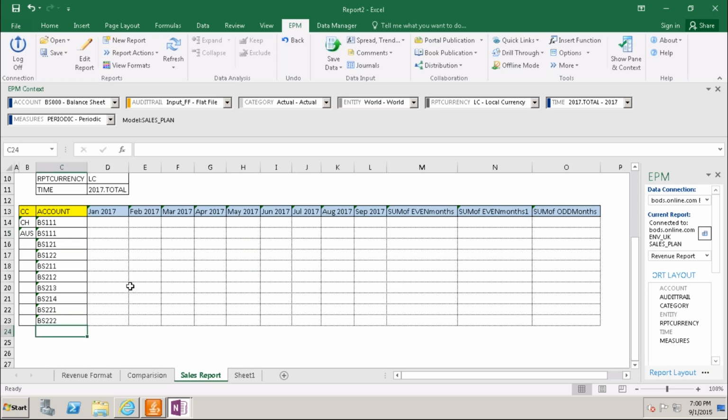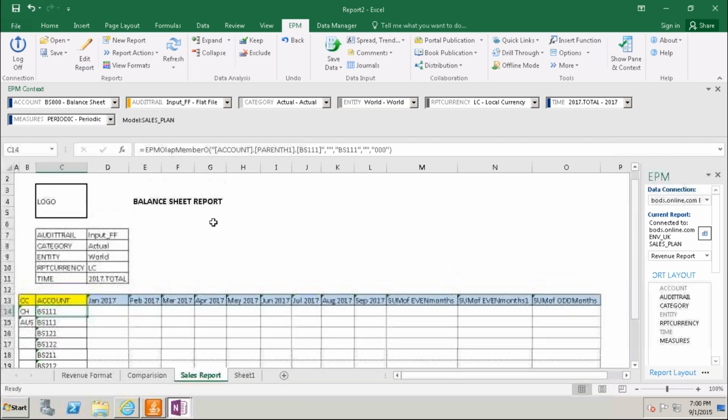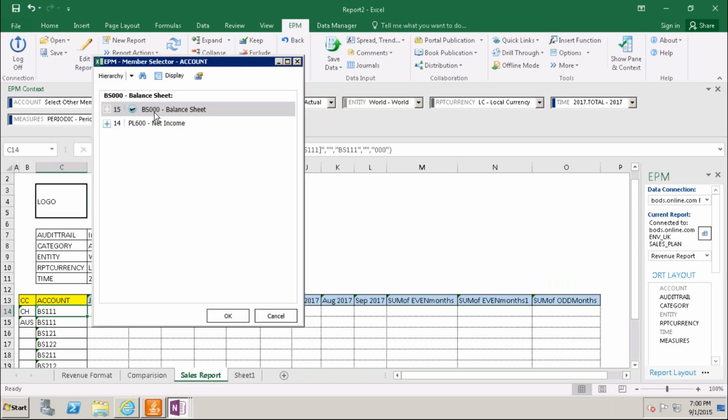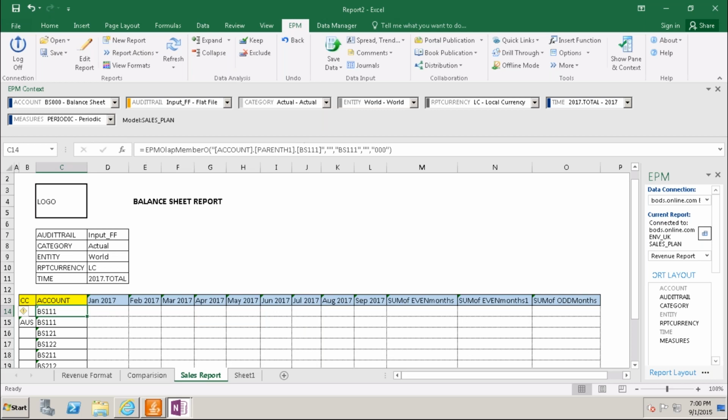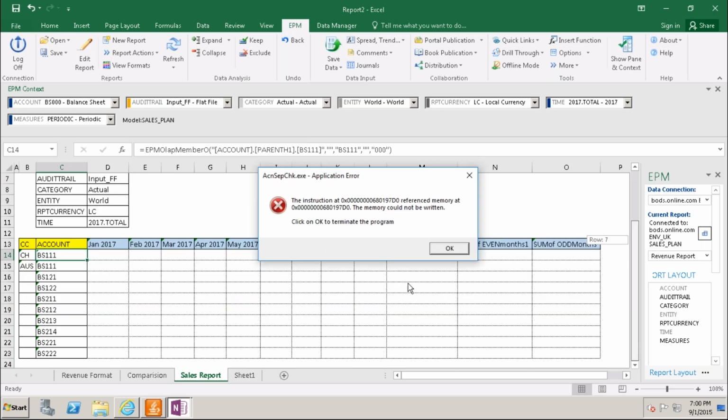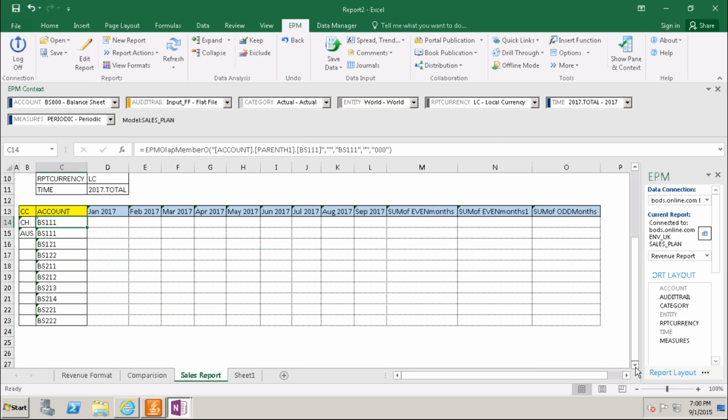So here, in this account, sorry, these are already bottom up, and lastly I'm giving here BS000. Automatically the system identifies the member here.